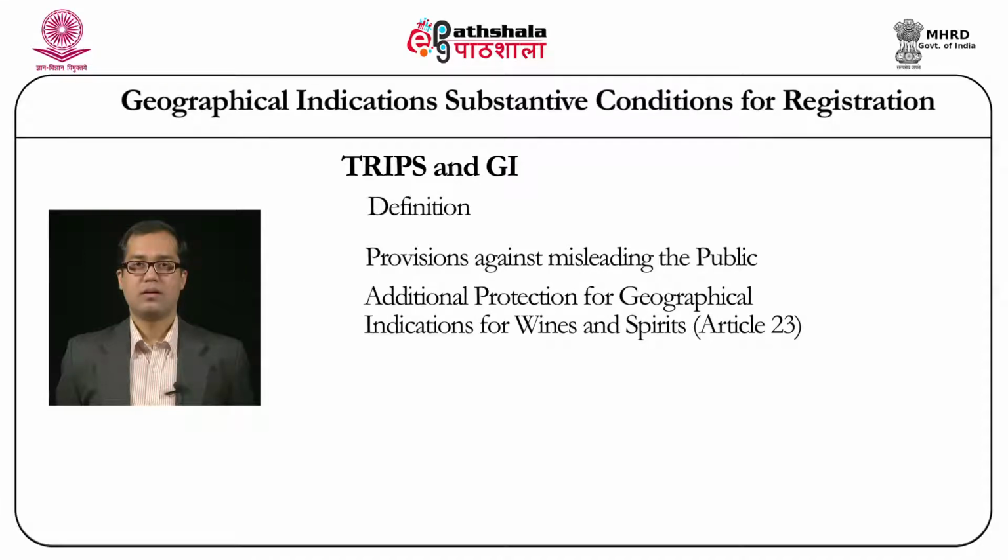Additional protection for geographical indications for wines and spirits. Article 23. Articles 23 and 24 provide broader protection for geographical indications for wines and spirits than for other products. An interested party need not prove that the public has been misled by the use of the indication in order to obtain relief. Even if the public is not misled by an advertisement for Saint Emilion style Bordeaux, imitation Calvados,